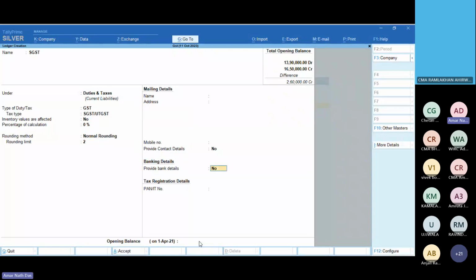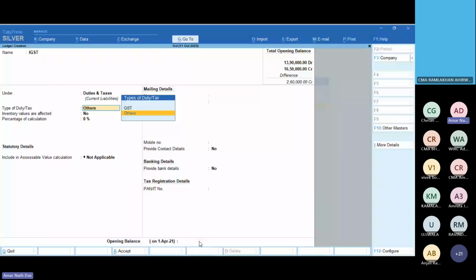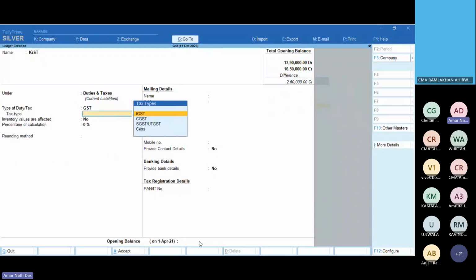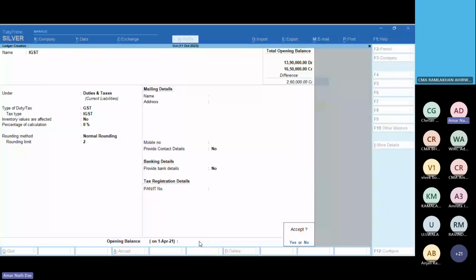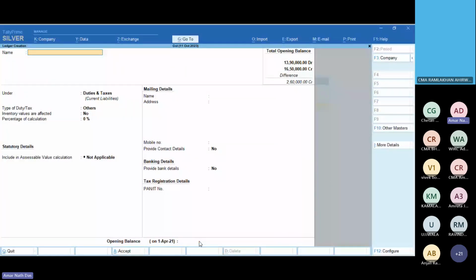After SGST, this is IGST. It's also duty and taxes, then GST, then IGST, and normal rounding and 2. It's done. Okay, so we have almost covered the required ledgers. Next point, if you take a look at the question, you will find